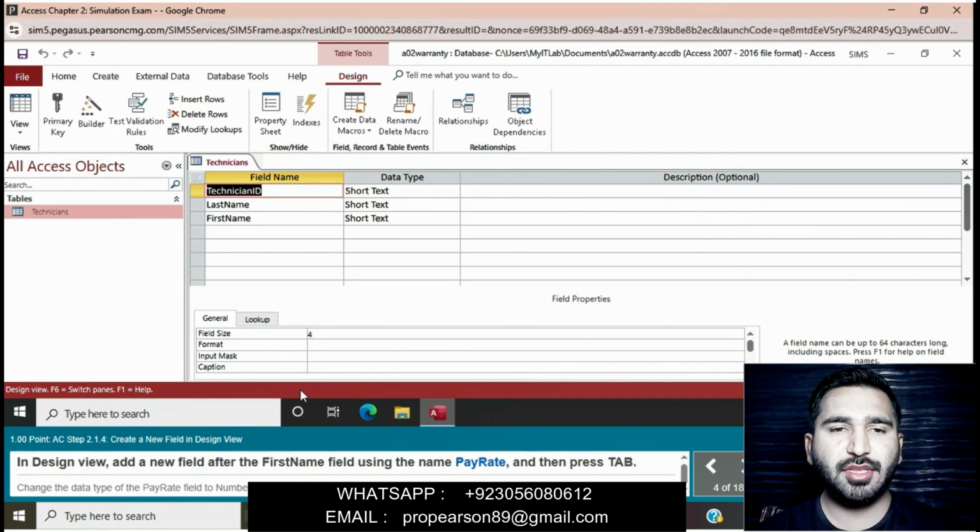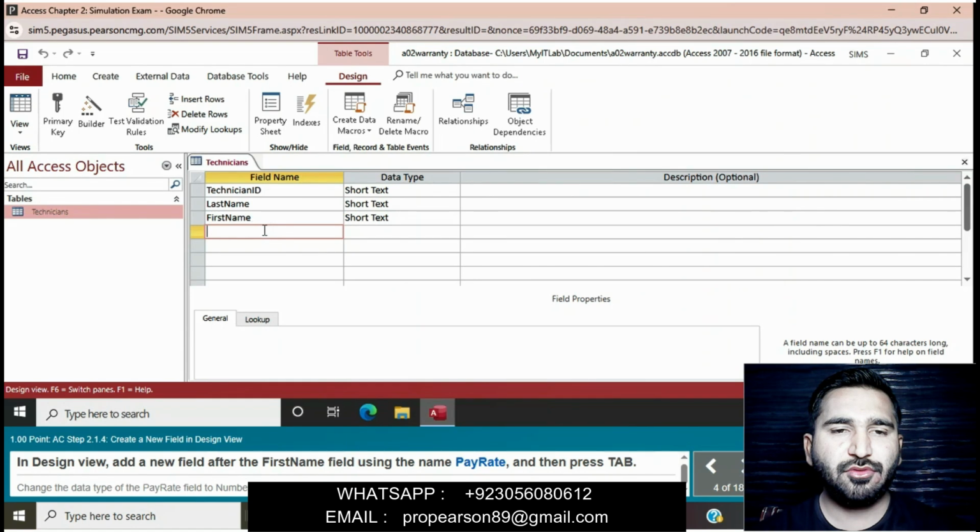And then using the name, pay rate is the new field name. After the first name field, using the name pay rate, simply we will add a new field after the first name field. Okay, new field name is pay rate